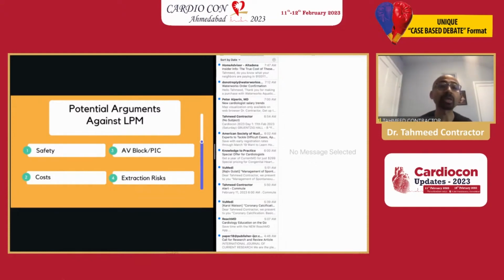There is an upfront cost with the leadless pacemaker, but I think it pays off in the long term, especially in the population of end-stage renal disease. There is this possibility of AV dyssynchrony and pacing-induced cardiomyopathy, which again can only be truly solved by either a dual chamber pacemaker for AV block and AV dyssynchrony, and CRT or a conduction system pacemaker for pacing-induced cardiomyopathy. And I will present a slide on that to show why a leadless pacemaker may not be such a bad